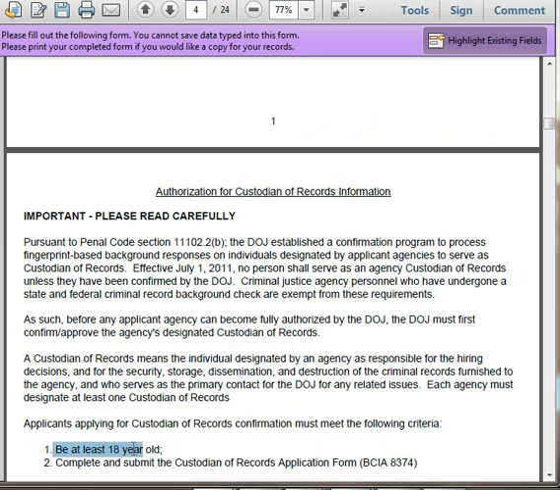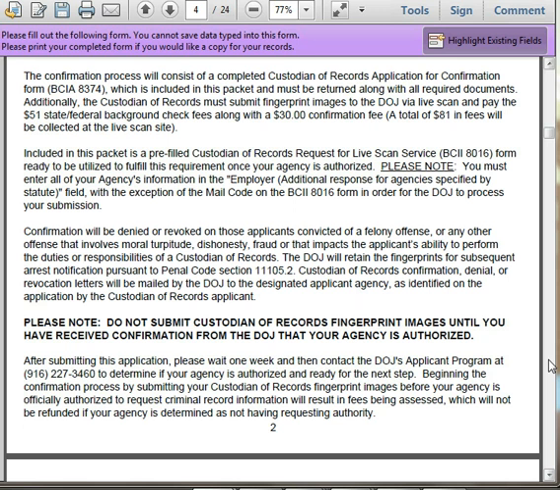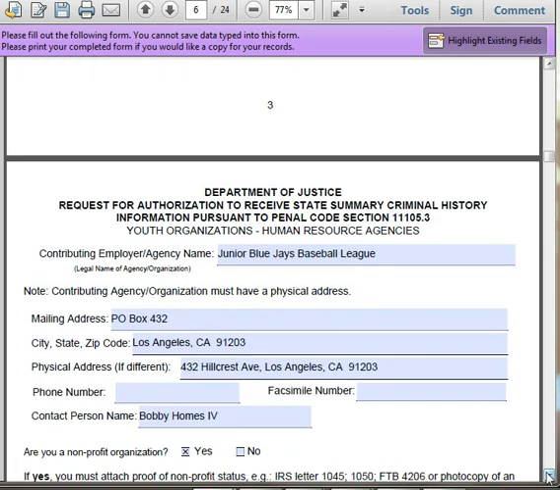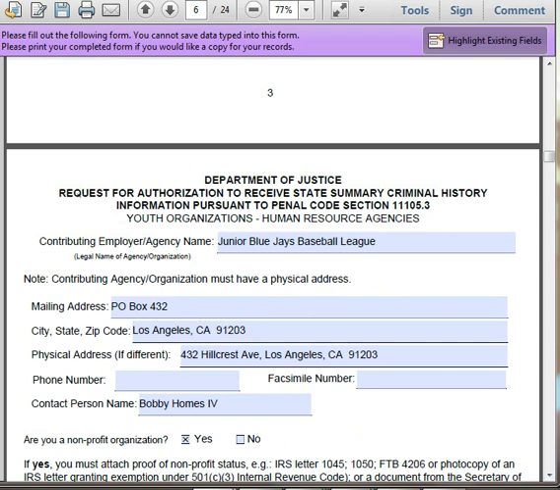Alright, scroll past page 3 to page 4, and you'll see there where I'm highlighting that you have to be at least 18 years old to be a custodian of records. Assuming this is the case, scroll through to page 6. 4, 5, 6, right, coming up here. And as you can see,